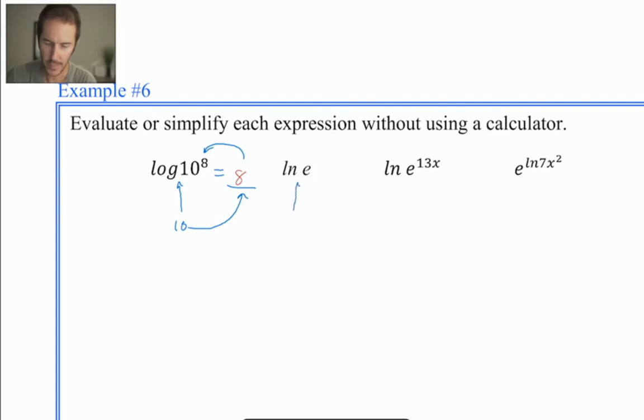What about this one? This is a natural log. It's got an implied base of e right there, just a little e. It equals something. E to what power equals e? I think e to the first power equals e. Anything to the first power equals itself. What about this one? This also has an implied base of e, and it's going to equal something. E to what power equals